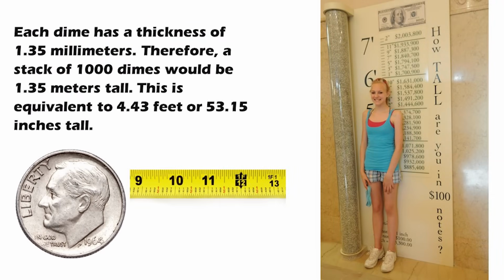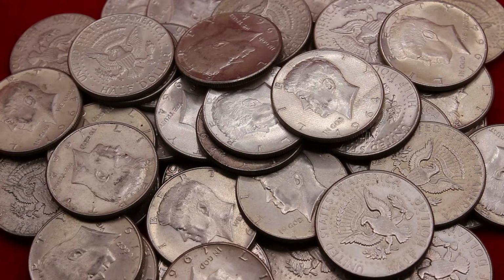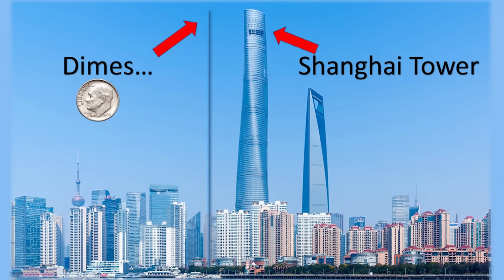And it said each dime has a thickness of 1.35 millimeters. Therefore, a stack of 1,000 dimes would be 1.35 meters tall, or 4.43 feet tall, or 53 inches tall. Okay, almost 5 foot tall. So then I said, well, what about 1,000,000 dimes? And they said that would be 4,429 feet tall. It would be as tall as the second tallest building in the world, the Shanghai Tower in